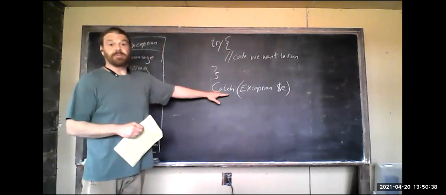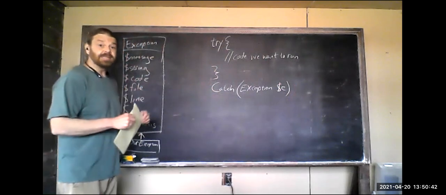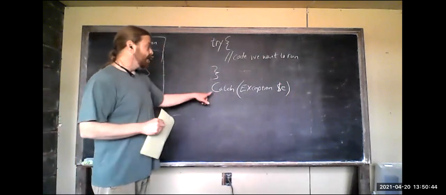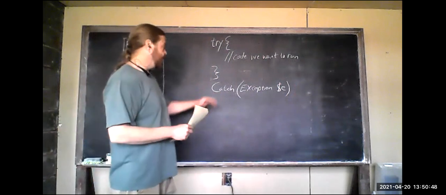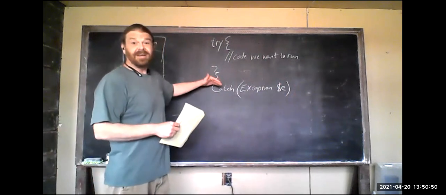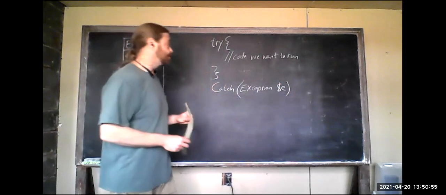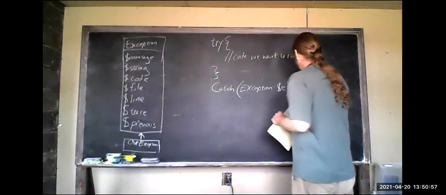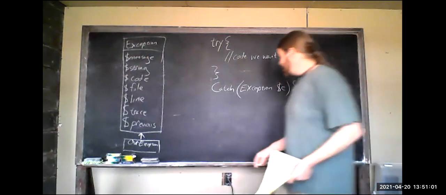And we can do lots of them. We can make a dozen different subclasses and handle everything we expect to go wrong separately and do a whole bunch of catches at once. A whole, sort of like if, else, else if, else if, else if, else if. We can do a whole bunch of catches. I'm just going to do one for the syntax here, just catch any exception. And then this is the part